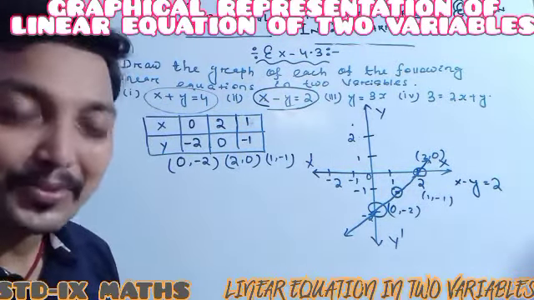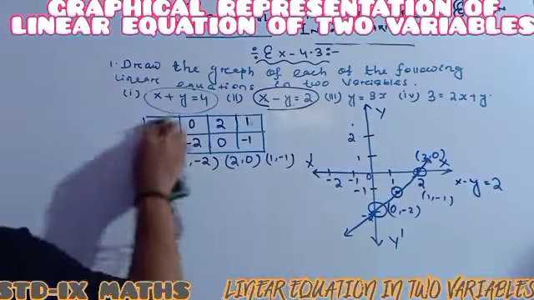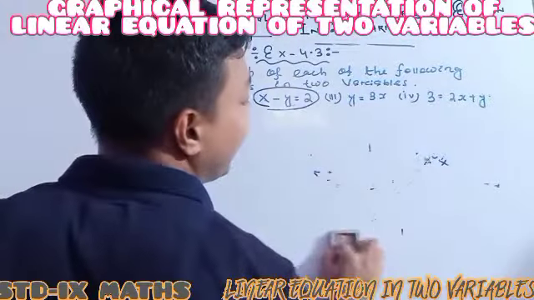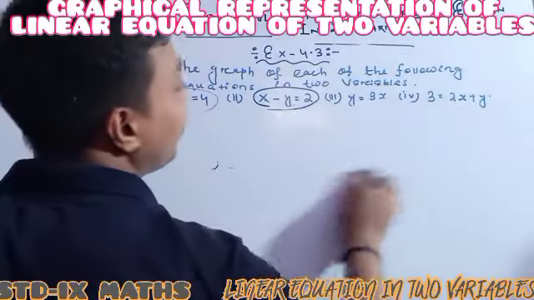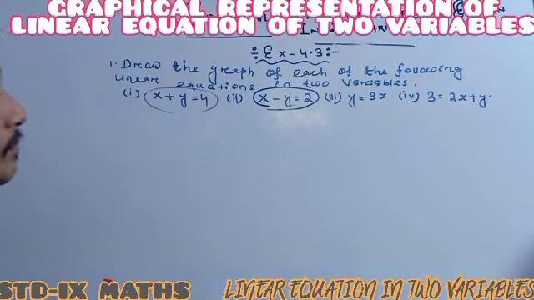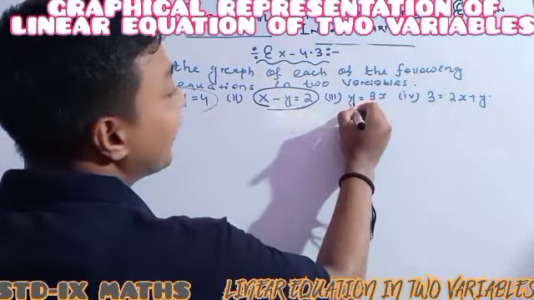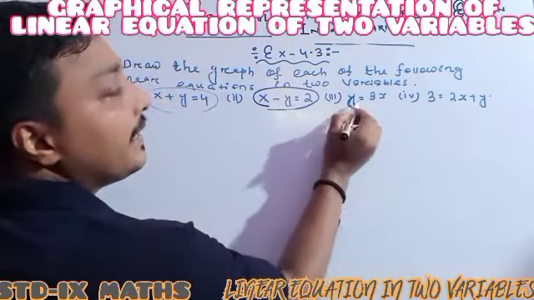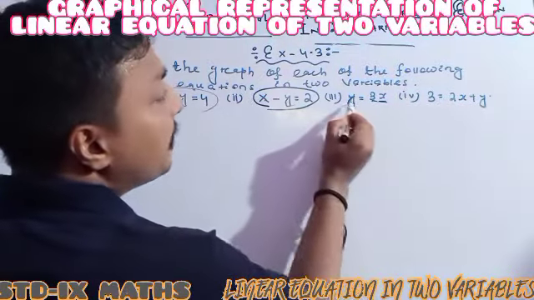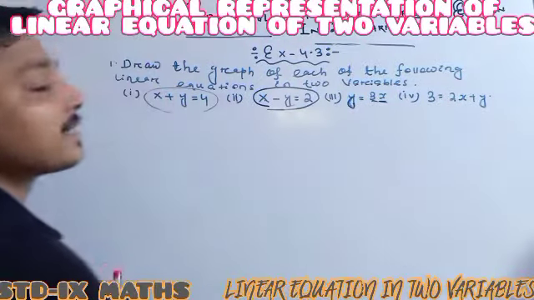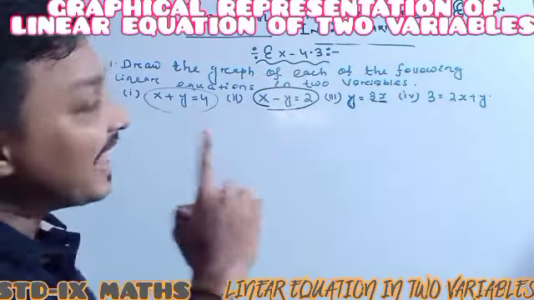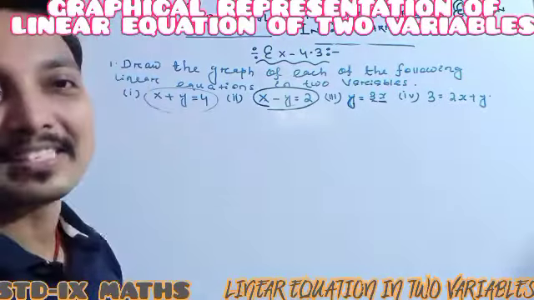Understood? Understood perfectly. Now I will do the graphical representation of the third one. See, third one is the interesting one, a different thing. You just have to see one thing. Remember one extra point. Whenever you get any variable as a multiple of the other, previously not multiples, plus something, but here y is a multiple of x. Why is it a multiple of x? In that situation, always remember that the line 100% passes through the origin.